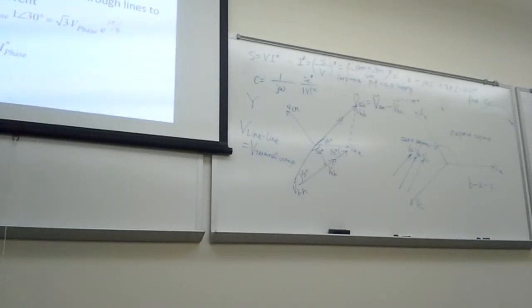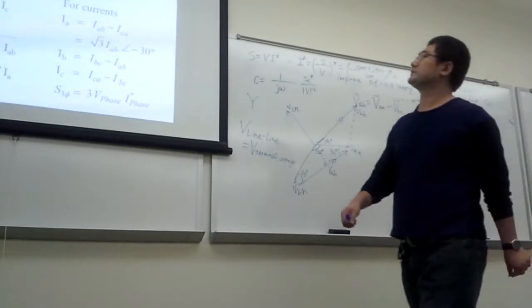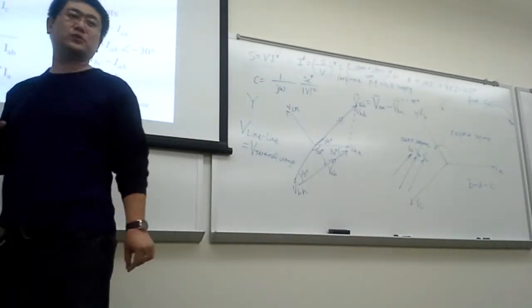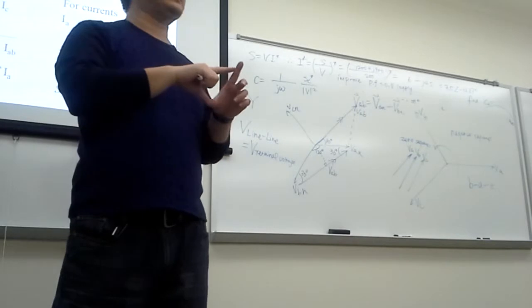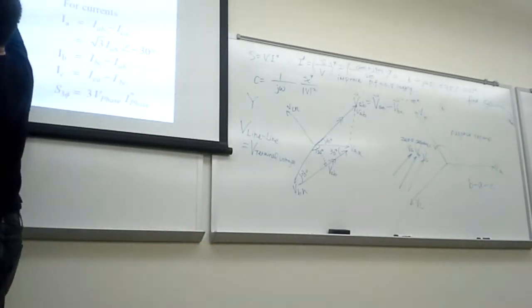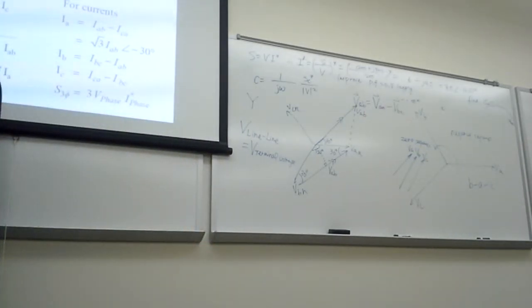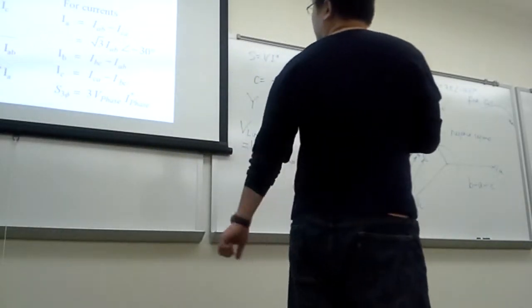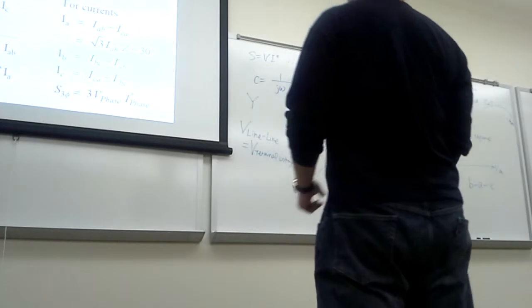Okay. And next example is delta connection. For delta connection, basically, this is what happens. So basically, everything is hooked up from head to tail, and head to tail, right? So this is head to tail, head to tail, head to tail. So basically, those 3 devices are hooked up in triangular shape. For this system,